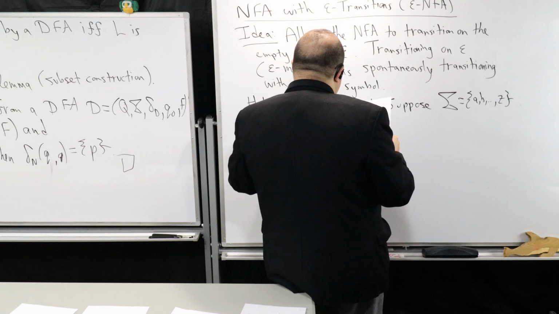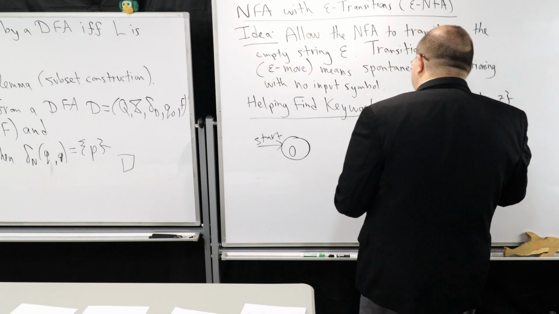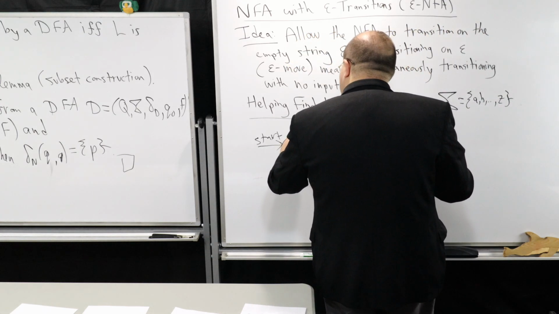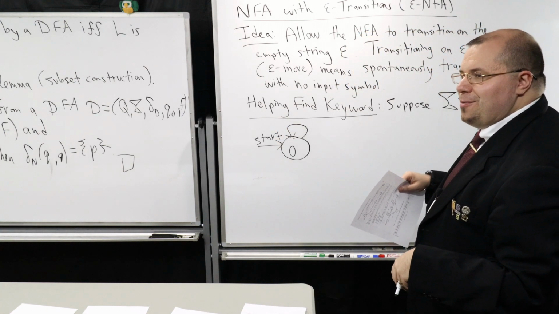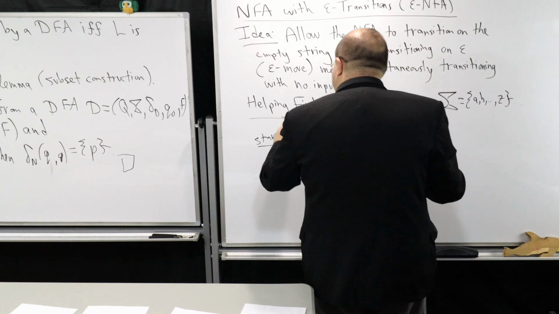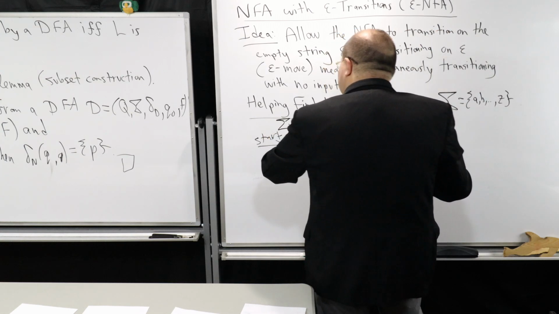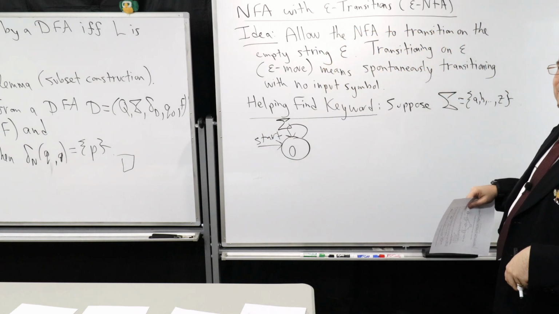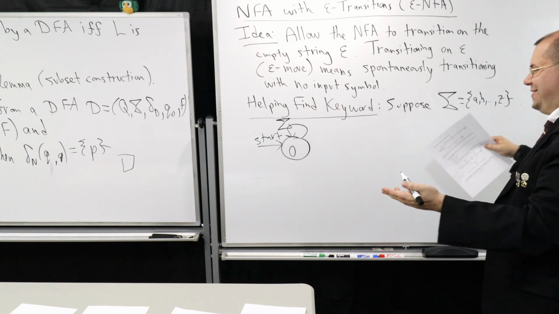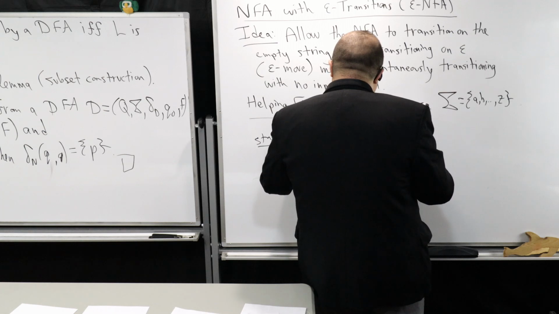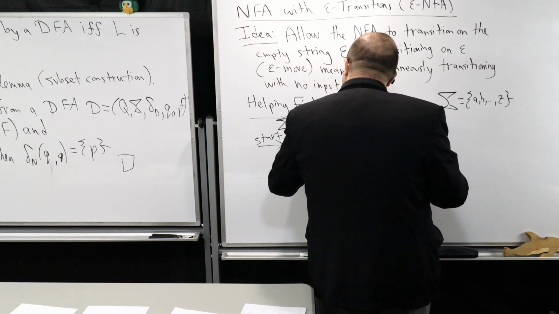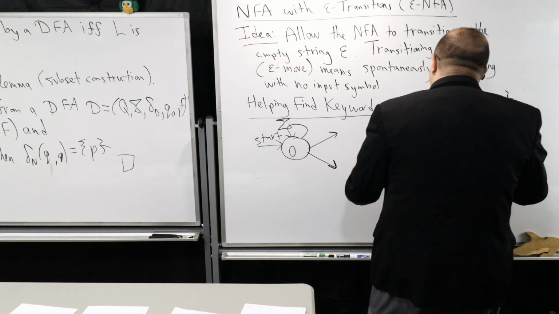So I'm going to label the initial state 0. I'm going to have a loop, because I don't feel like writing out all of them at once, like A, B, C, D all the way. I'm just going to write sigma, because that's the alphabet. That's a list of all of them, if you think about it like that. And then what I'm going to do is make two paths here.